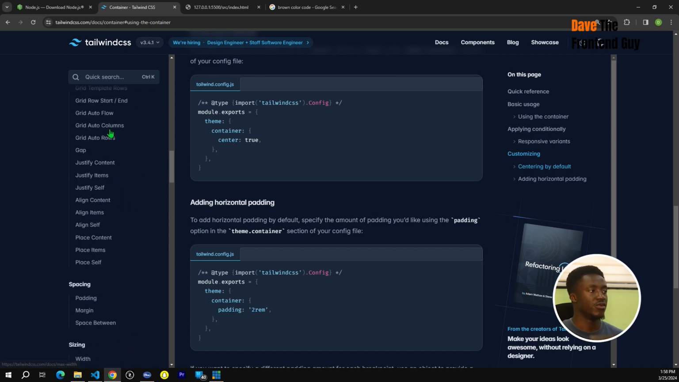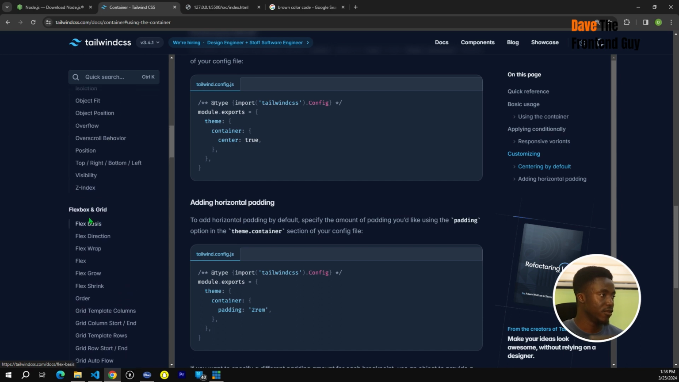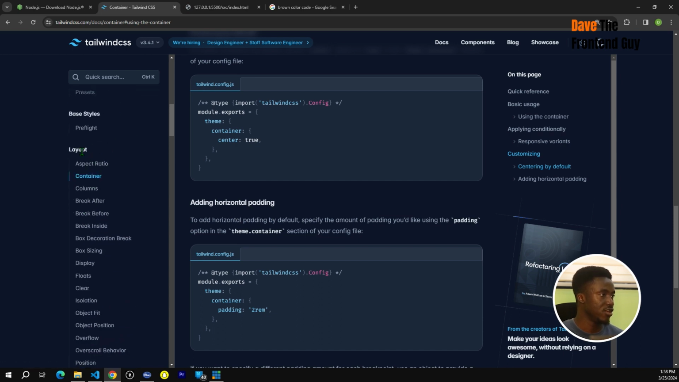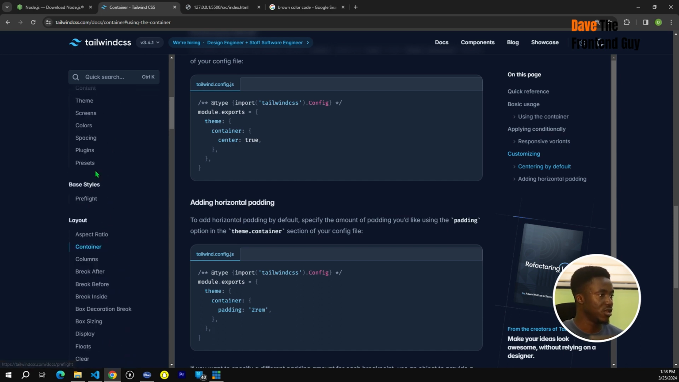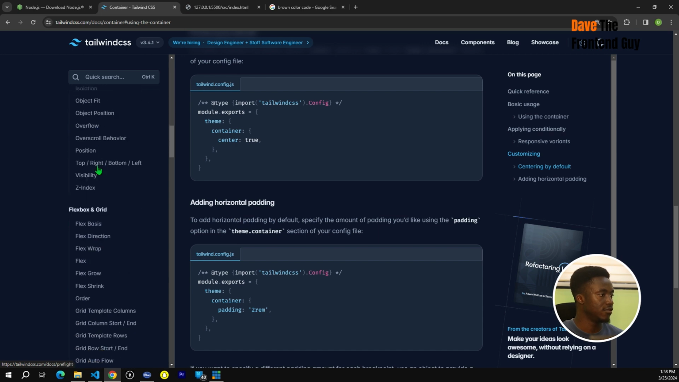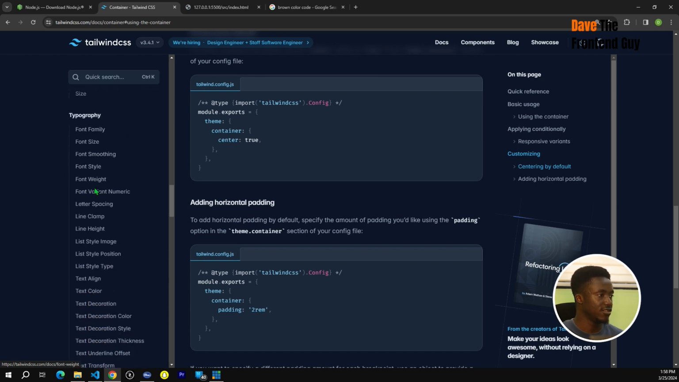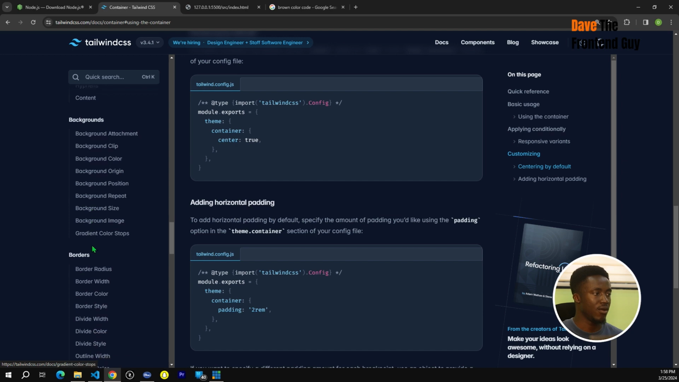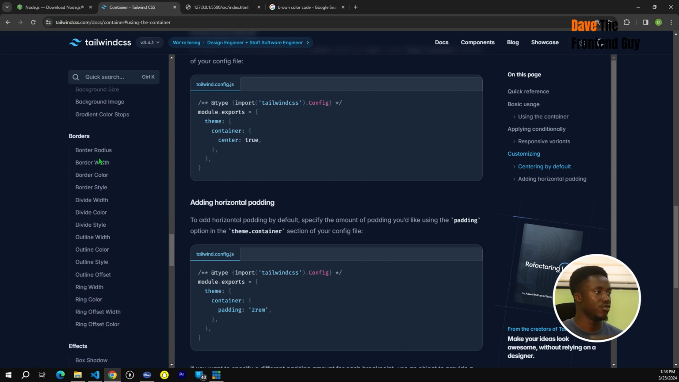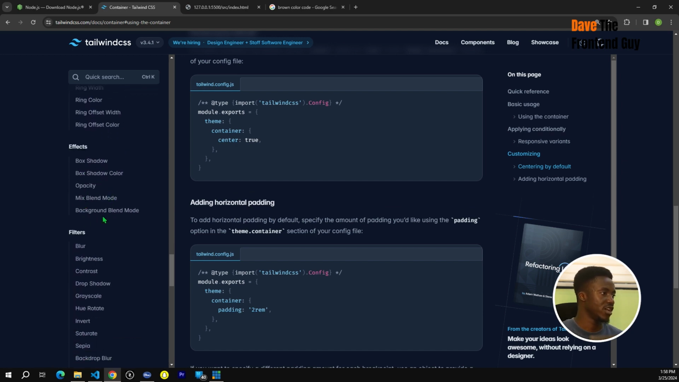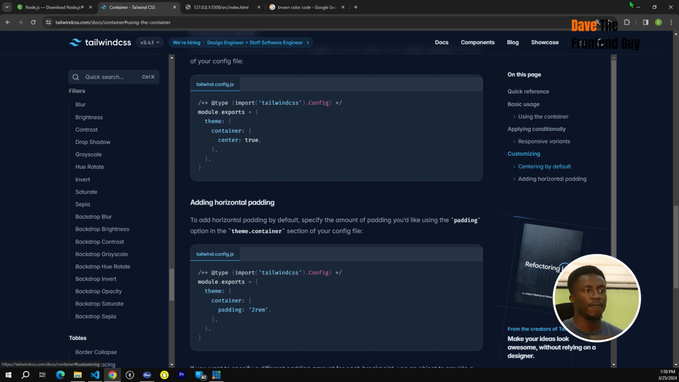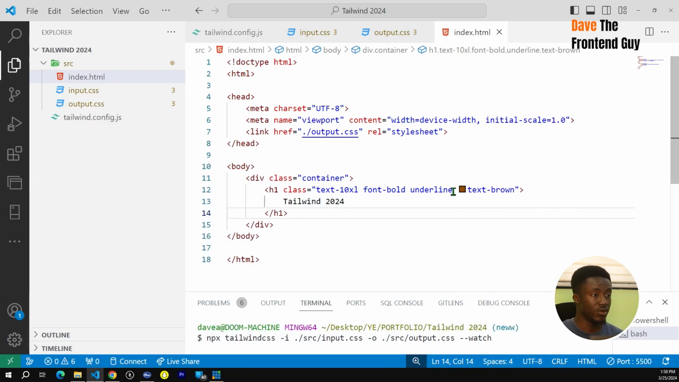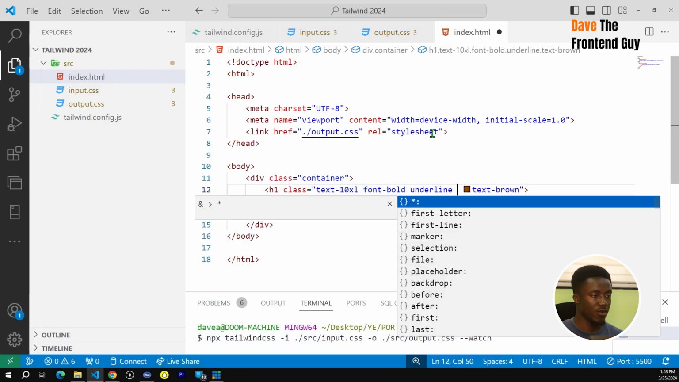Everything you need is arranged right here on the left side. You have your flex box and grid, you have your layout, your container, you have your typography, so your text, everything about text, your background colors, you have your borders, your box shadow effect, blur. And the beautiful thing about Tailwind, before I go,